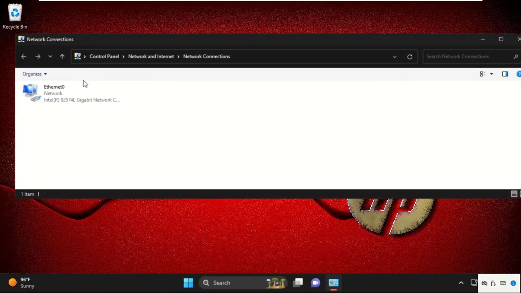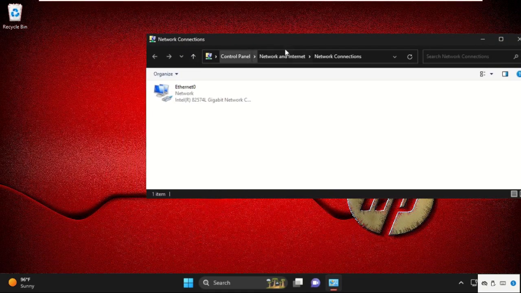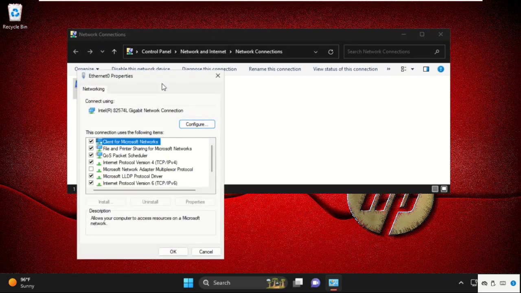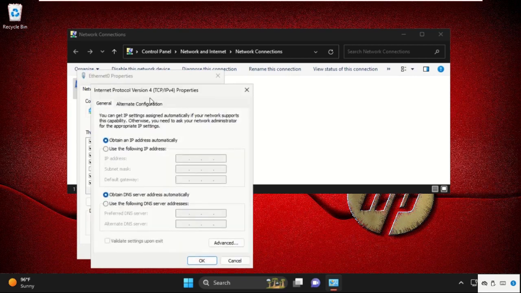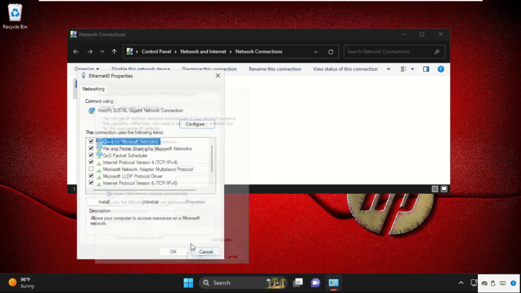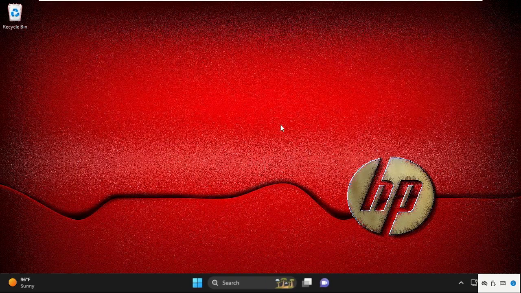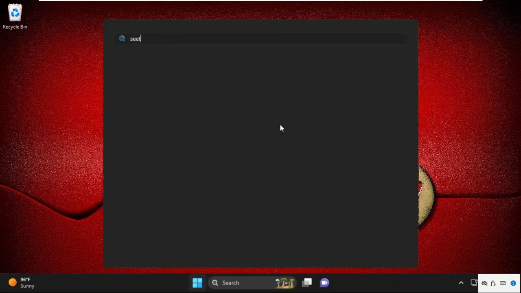You will get the Wi-Fi connection here. In my system it's showing Ethernet, so I will right click here, select Properties, then go to IPv4. Then we need to select this, Obtain an IP address automatically, and from here select this, then click on OK. Then close this window. Again, go to Settings,